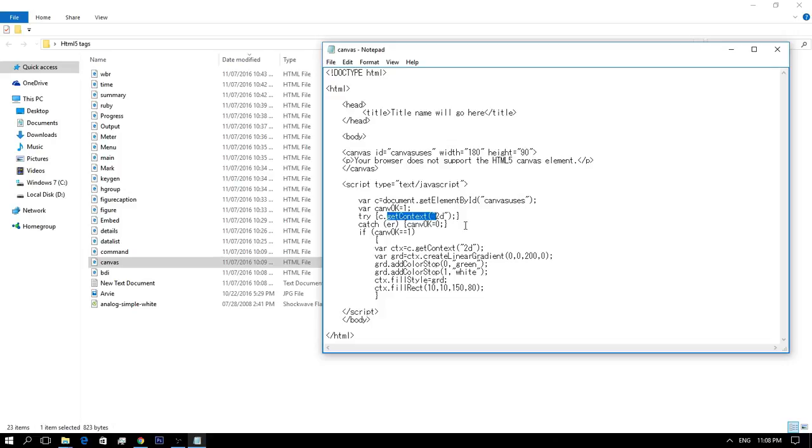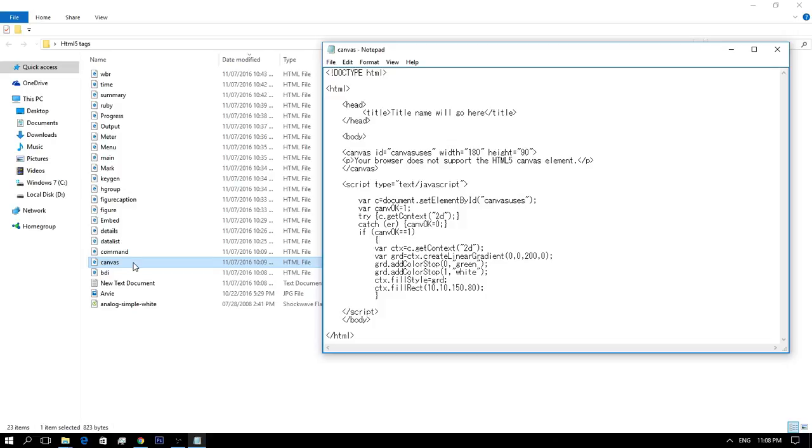The HTML5 canvas element is used to draw graphics on the fly via scripting, normally in JavaScript. The canvas element is just a container for graphics. You must use a script to actually draw the graphics.